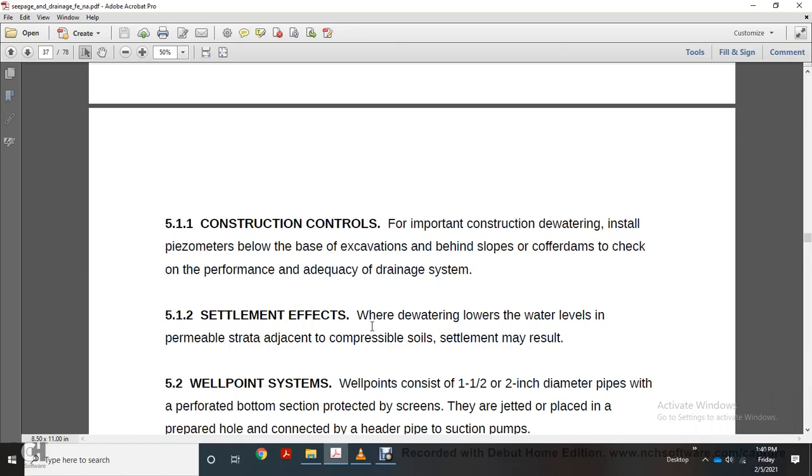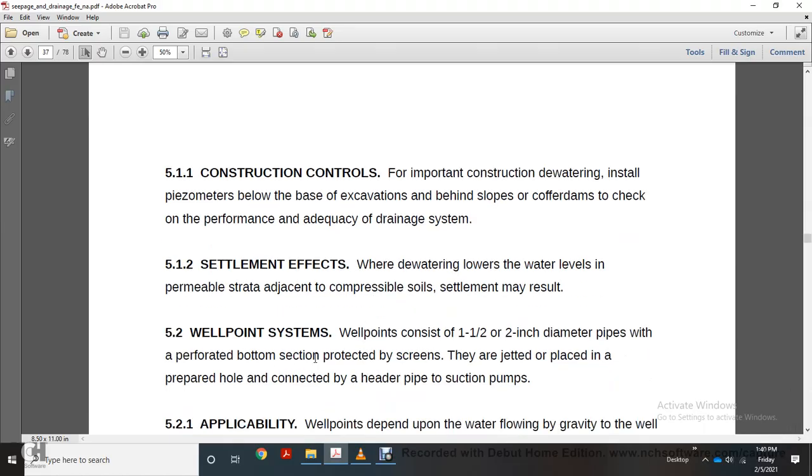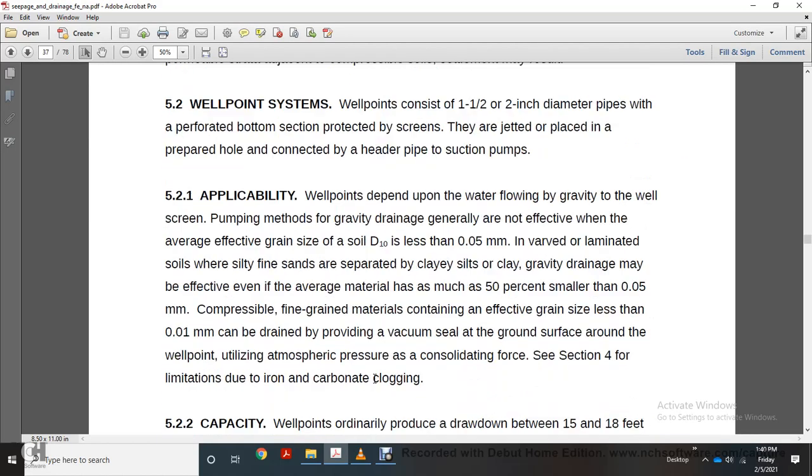Well points consist of 1.5 inch to 2 inch diameter pipe with the perforated bottom section protected by a screen, jetted in place within a prepared hole, connected by a header wire to suction pumps. Well points work depending on the water flowing by gravity to the well with a screen, with the belt pumping, and are generally not effective when the average effective grain size